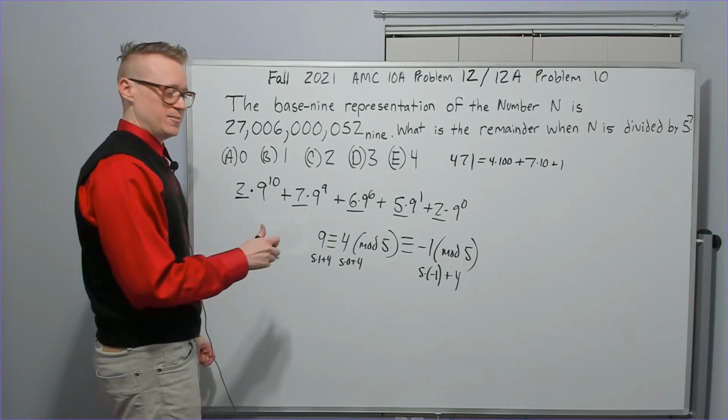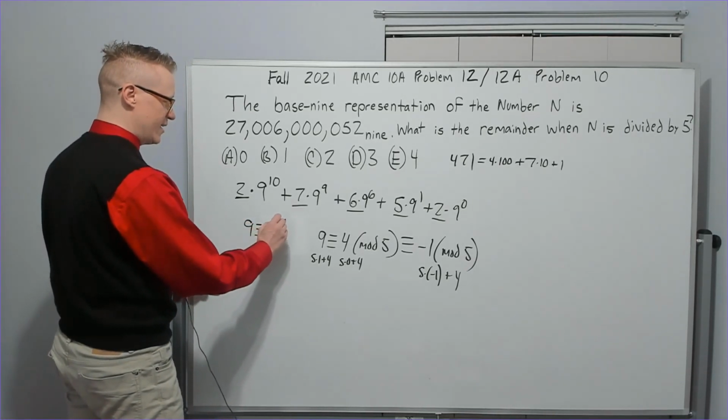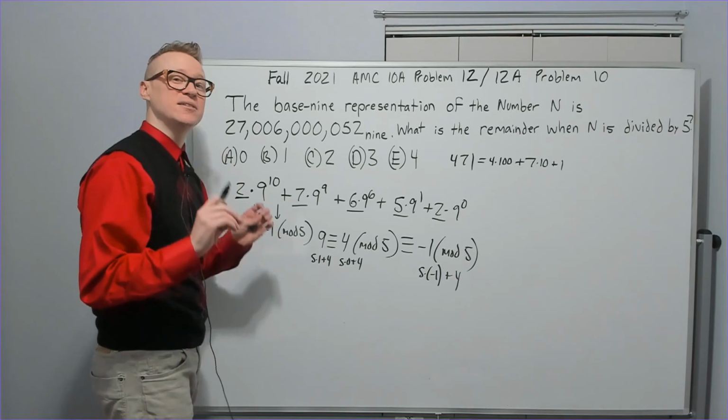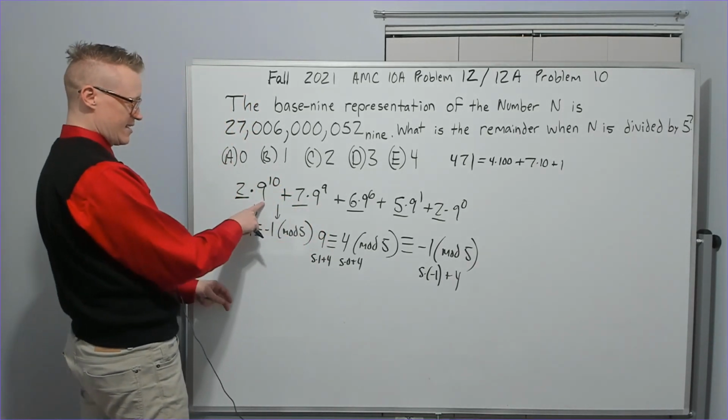So why does it matter? Because if I have 9 is congruent to -1 mod 5, if I take this to any power, I do the same to the other side, and it will still be a true statement. Which means this 9 to the 10th